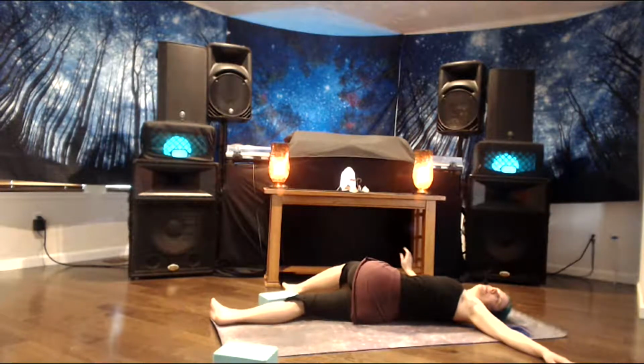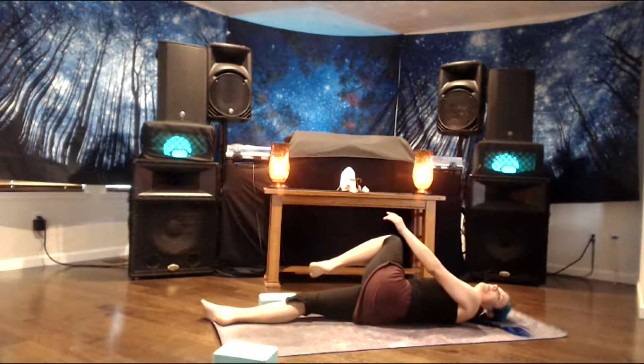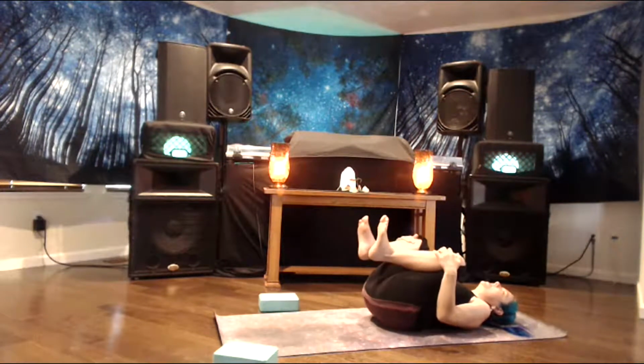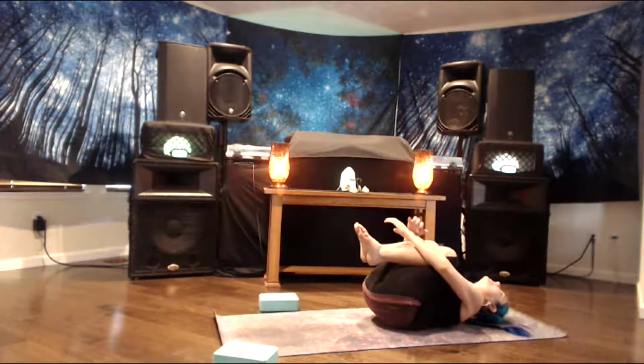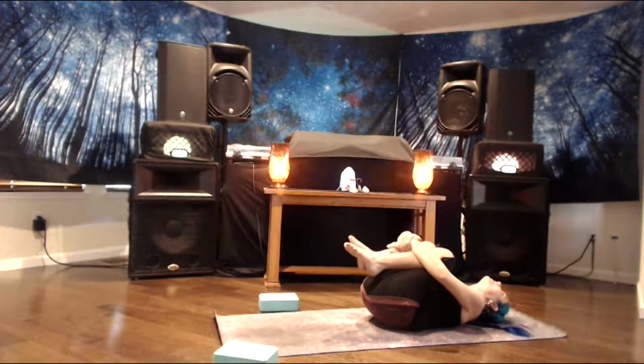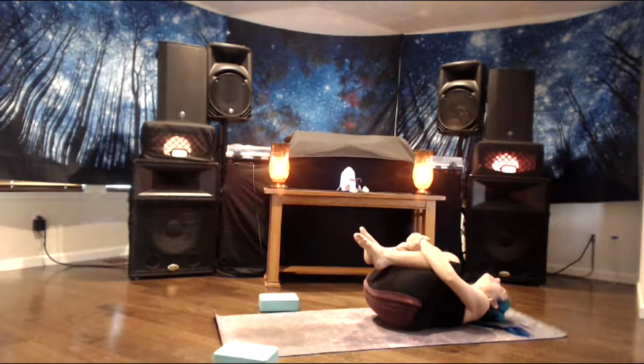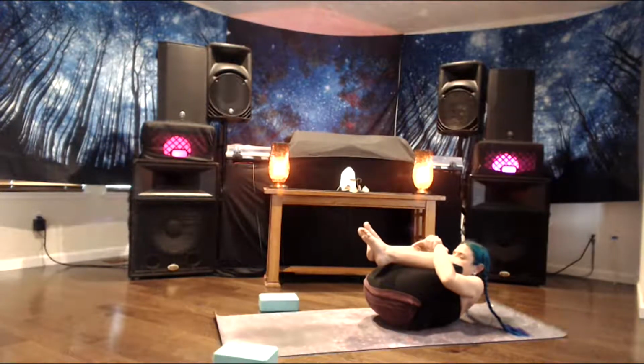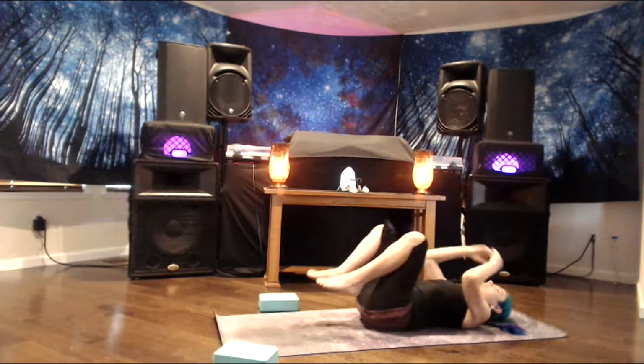Release your right hand back out to the side. Lift your left knee back into your chest. Right knee comes to join it last time. Wrap your arms around your legs. Take a deep breath in. Exhale, lifting the forehead up to the knees, curling into a little ball, squeezing everything tight. And then release to Shavasana,